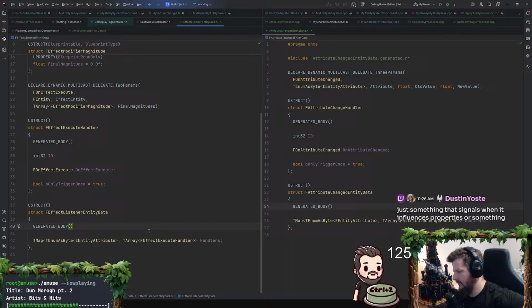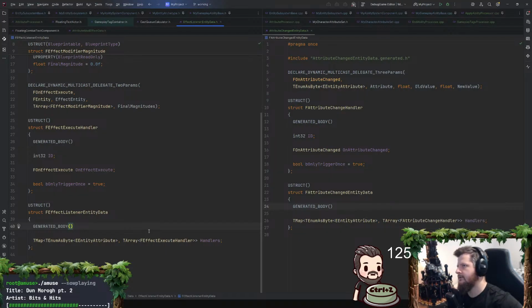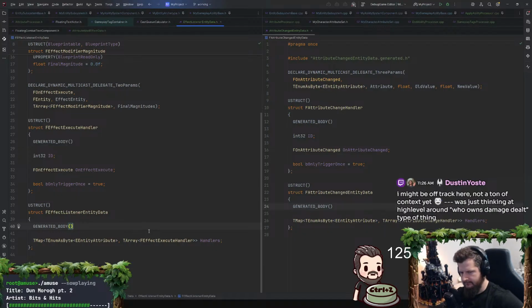Just need to figure out how I want to subscribe to gameplay effect executions. Yeah, unless there's like some condition that I can pass in. Can I do like a tag query?